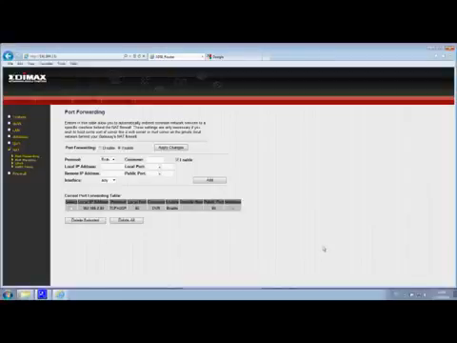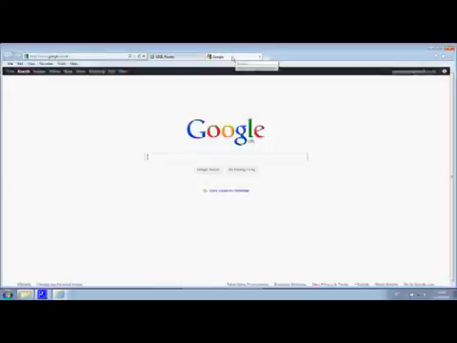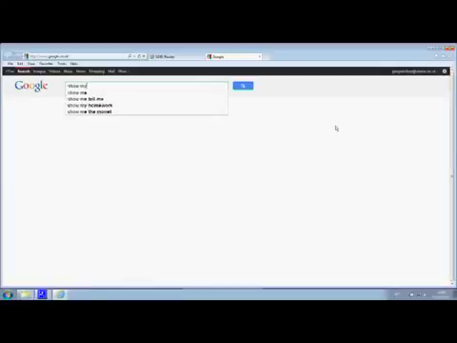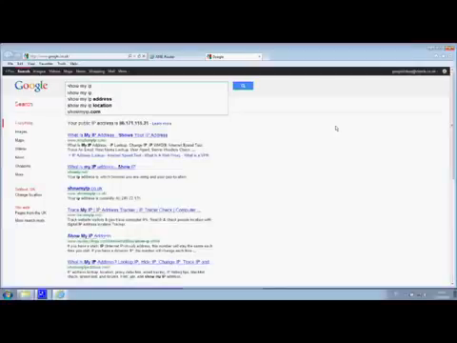Now the next step is to find out what my global or public IP is. Simply, I can go to a new web page, Google page, and type show my IP. There are loads of websites that can show what your IP is. Even Google, on top there, you can see that it's showing what is my current IP. This is what the ISP has dedicated to this